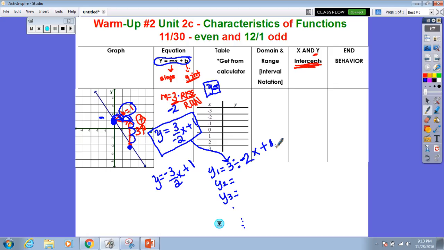So I'm going to do that right quick. Divided by -3 divided by 2 x plus 1. Alright, so once you get that in there, in order to see the table, which is what this is asking you for,